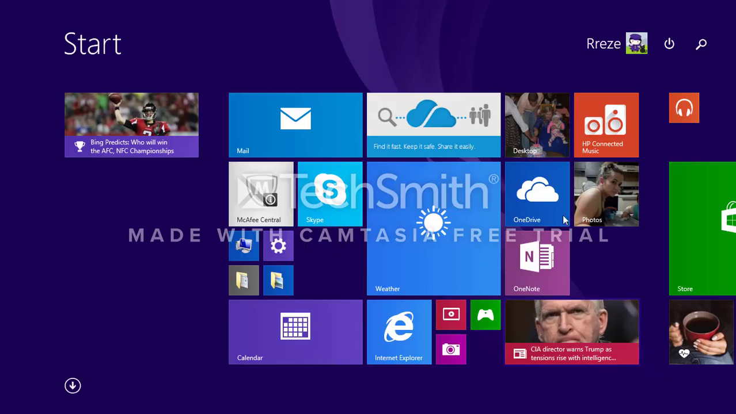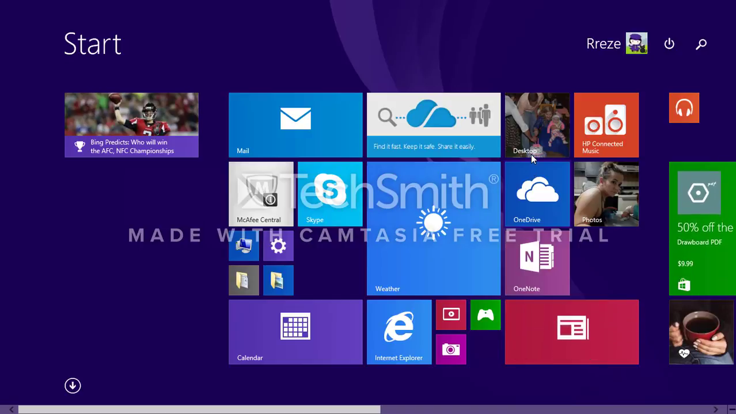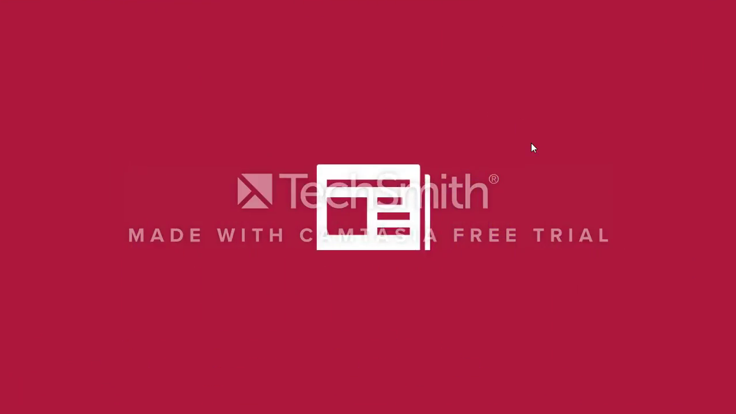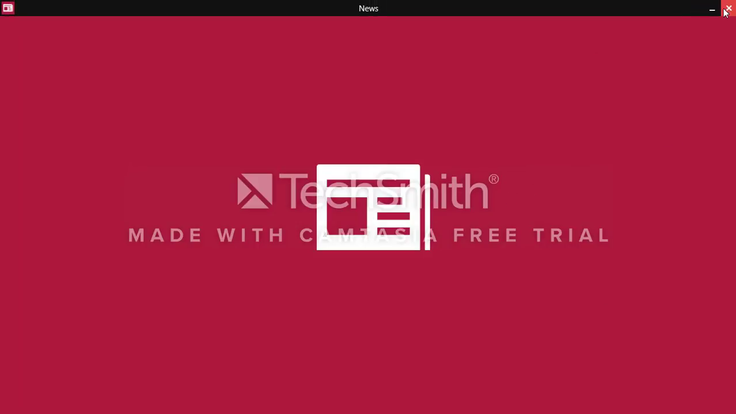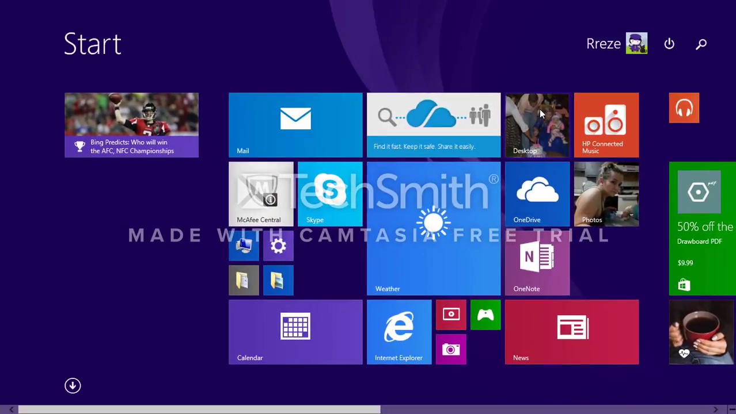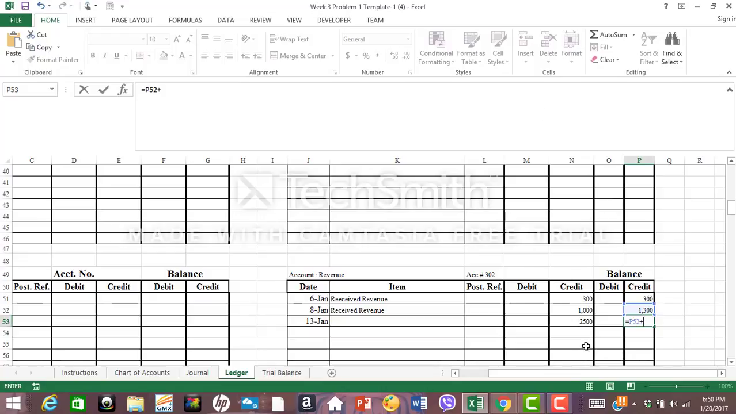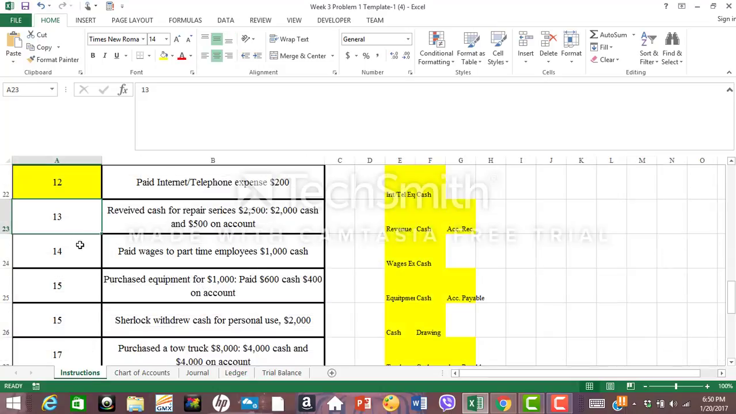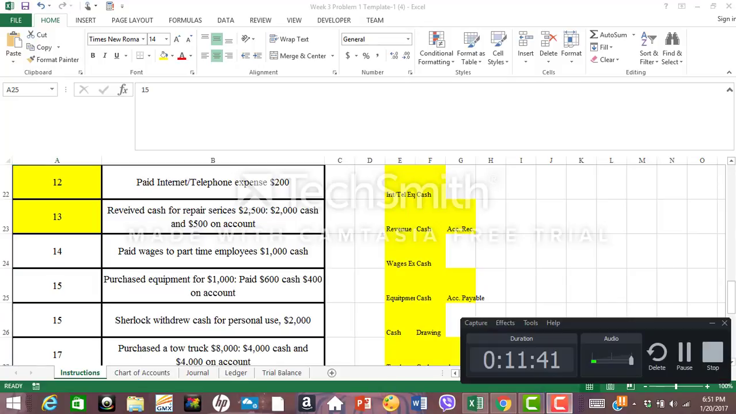So the balance is 1,300 plus the 2,500. Oops. Okay, I don't know what's going on. Hold on. Okay. The 2,500, which equals out to be 3,800, and that would be it for this. So we are done with this transaction as well. Let's see how many minutes we're at. We are at 11 minutes. Let's stop this and let's